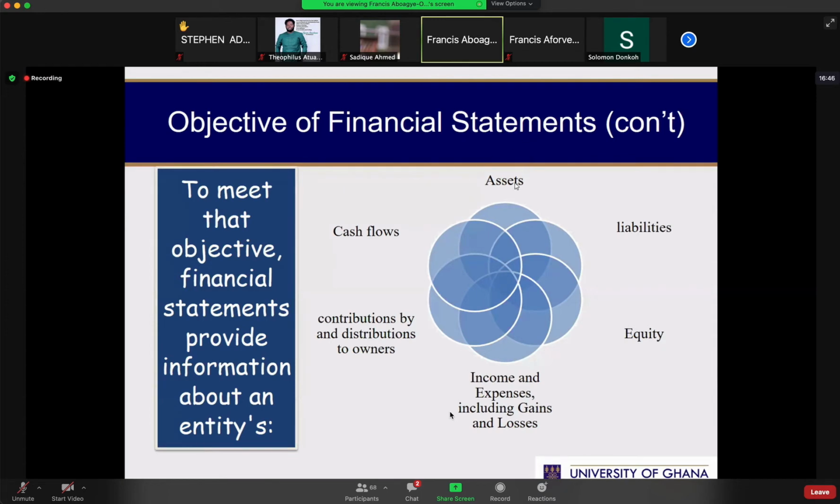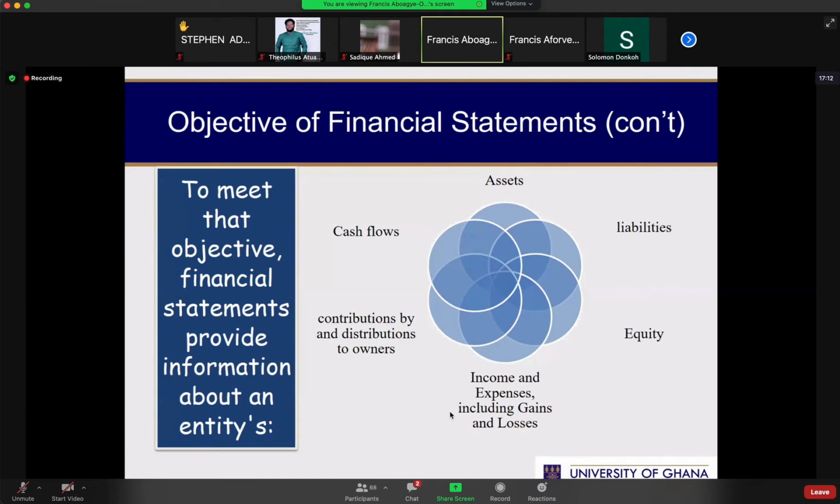We're talking about the resources or the assets of the business. It must also provide information about the liabilities. It must show owner's interest in the business. And finally, it must also show the income that was earned and the expenses that were incurred,